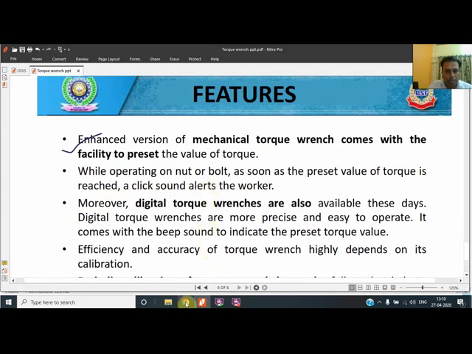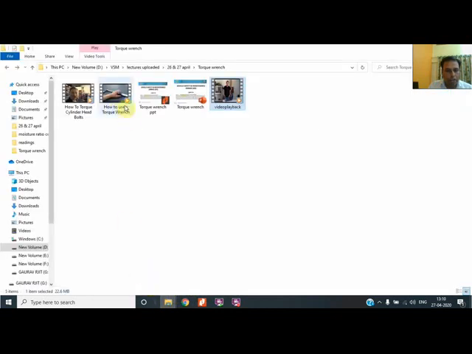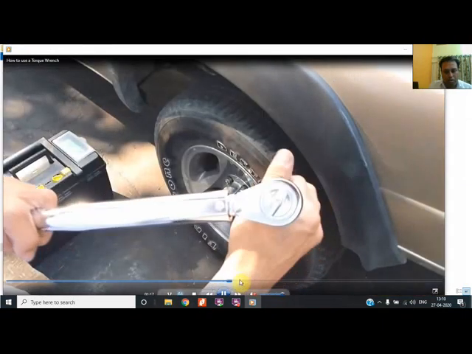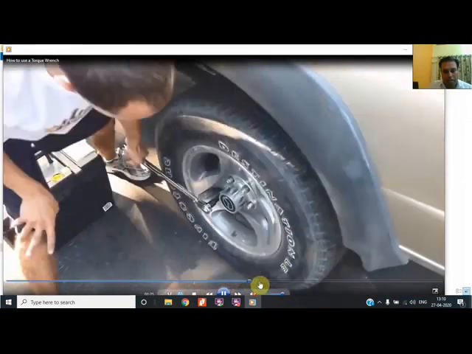Means what used to be the case when we are operating a torque wrench and tightening a certain thing, like a wheel nut, a sound will be heard when we set a torque and tighten it.